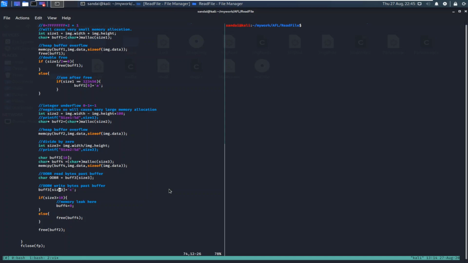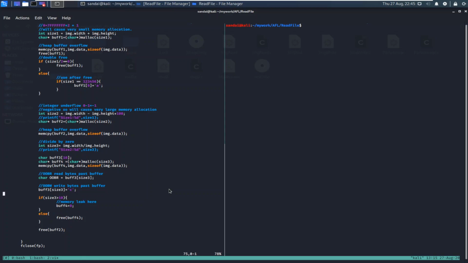But suppose size 3 contains 100 or 1000 or some value which is more than 10, then what will happen is that it will try to write some data, that is C, at that particular offset, and that will be considered an out of bound write issue because buffer 3 is of size only 10 bytes. So you cannot write data after 10 bytes. If you try to write, that will be an issue for the program, and that will cause an out of bound write issue.